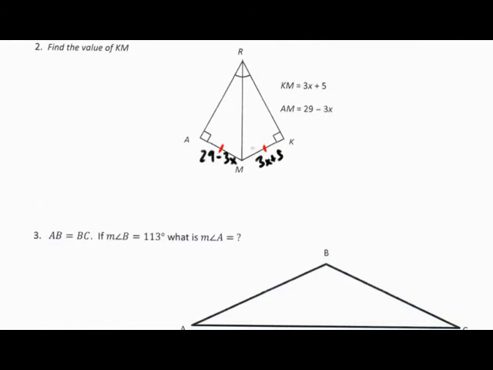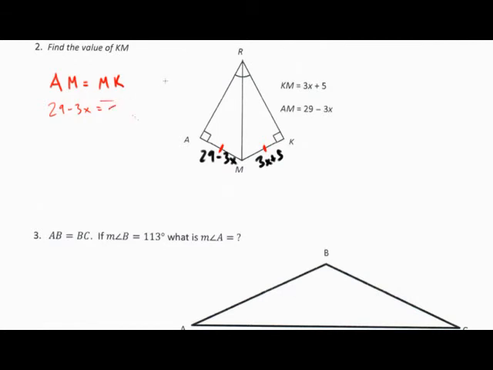So if they're equal, the way you could set up an equation is say that AM is equal to MK. My measurement for AM is 29 minus 3x, and my measurement for MK, or KM, same thing, is 3x